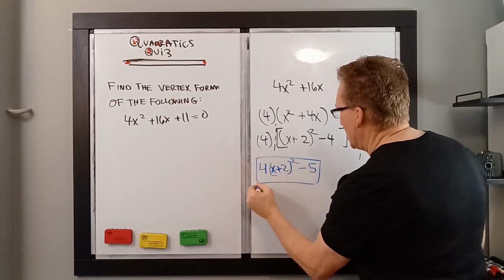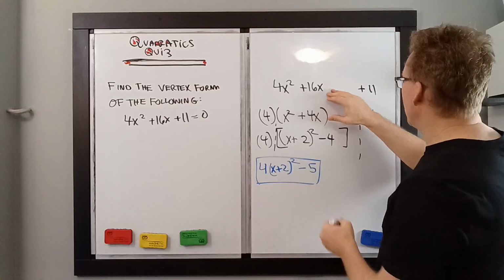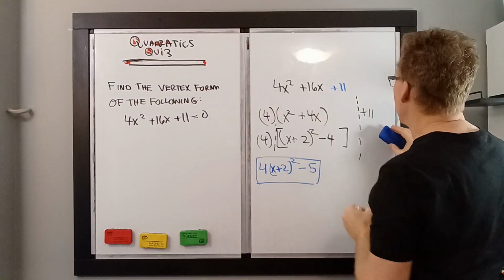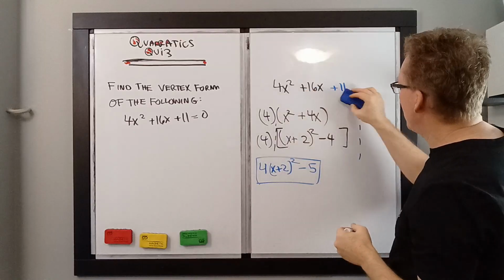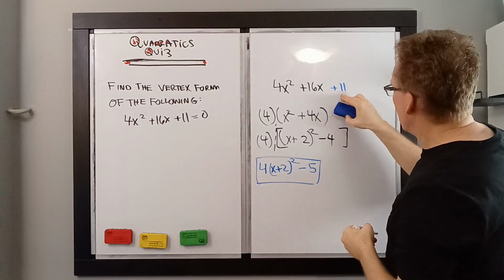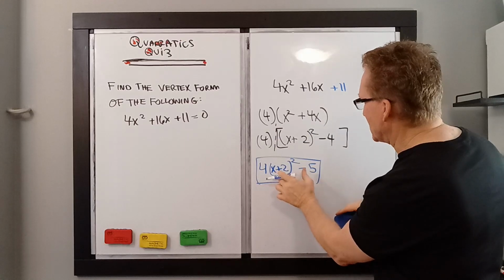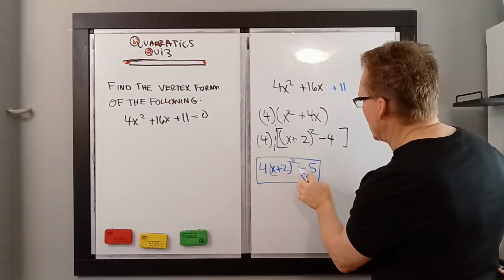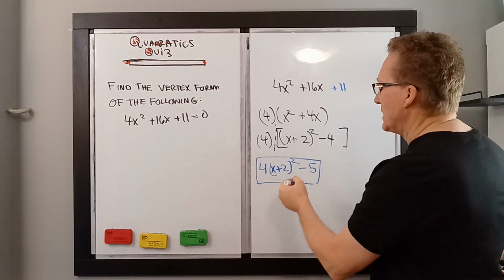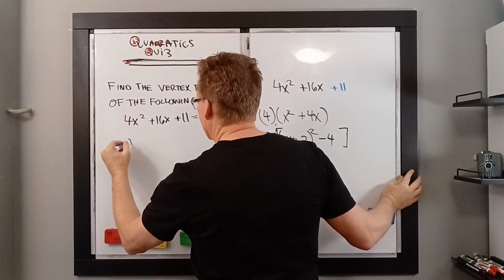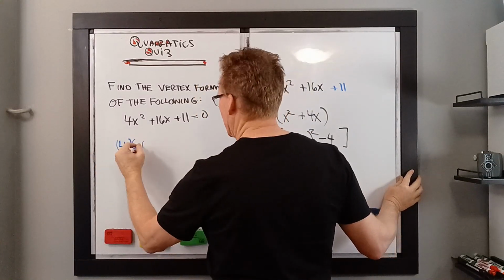Now we have completed the square. We've converted all of this. I'm going to take this plus 11 and move it back in there so we know it's part of that. We've taken this whole thing here and converted it to this, just shifting forms so we can see the vertex much easier. Notice this here and this represents where the vertex is. So I'm going to put this under here for our answer. It's 4 times x plus 2